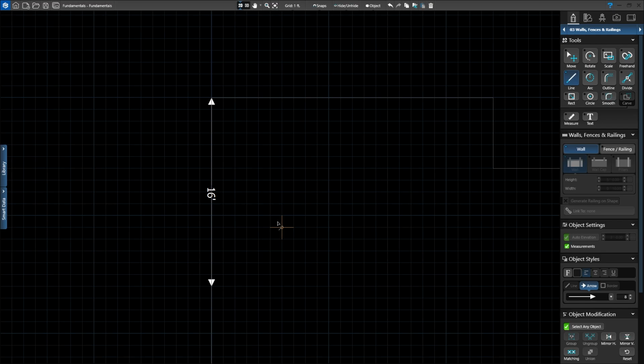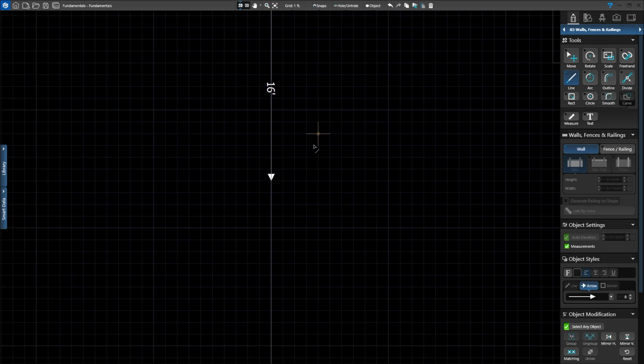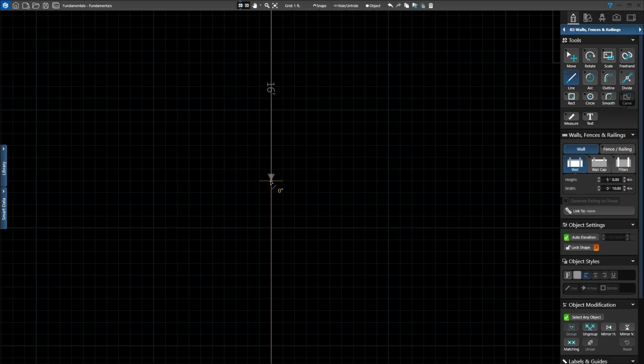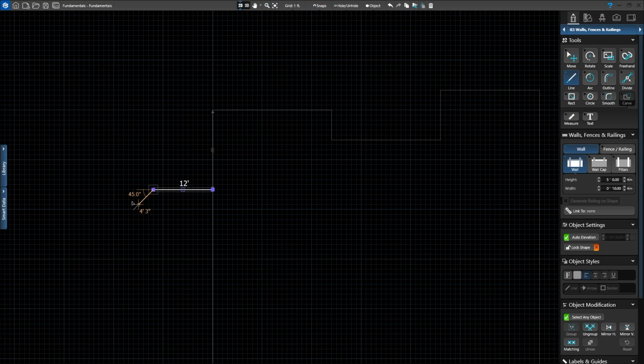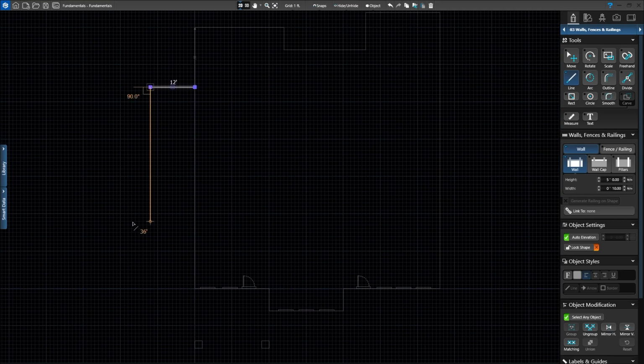Now we'll begin drawing our wall. Left-click at the bottom of the 16-foot measurement and draw to the left 12 feet. Left-click at 12 feet. Now we're going to zoom out by rolling your scroll wheel towards you, and we're going to draw down 108